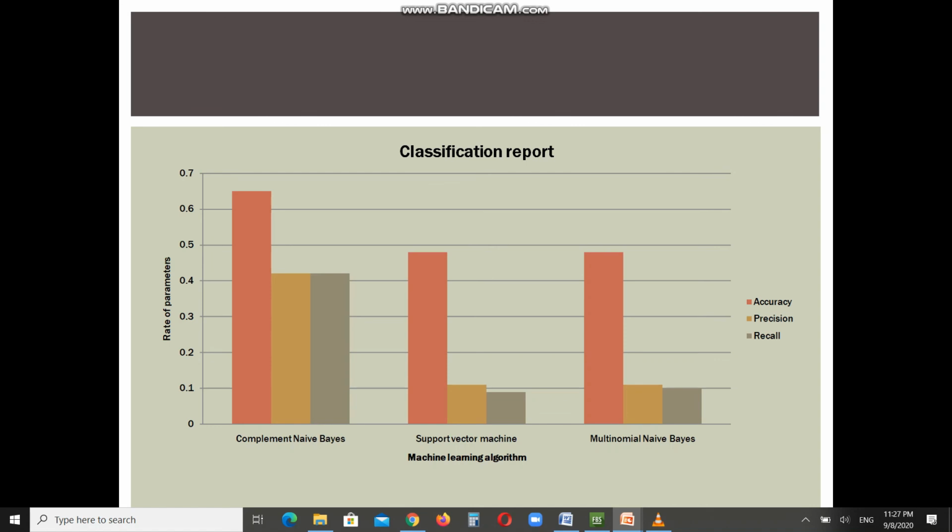And then this dataset is not suitable for support vector machine because support vector machine basically has a kernel function and the data normally sits outside the boundary. So that is why support vector machine is unable to classify the data into positive and negative comments, because most of the data are sitting out of the boundary.